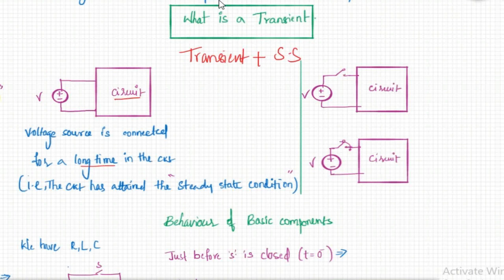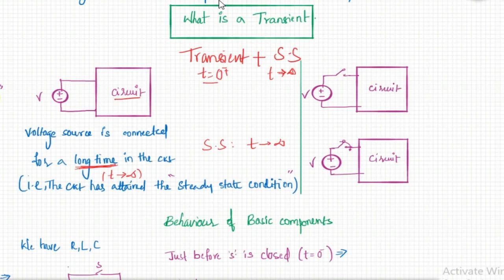Let us see transients here. Let us assume the voltage source is connected for a long time. That means after connecting a source for a long time, t tends to infinity. This is what we refer to as steady state: when the circuit is connected to a source for a very long time, t is infinity. Transients means t is equal to 0, or 0 minus or 0 plus. Steady state is t tends to infinity. When the circuit is connected to the supply, just after switching, that is 0 minus or 0 plus instant, the behavior of the circuit is called the transient period. After connecting the circuit for a very long time, that is t tends to infinity, the state of the circuit is called steady state.